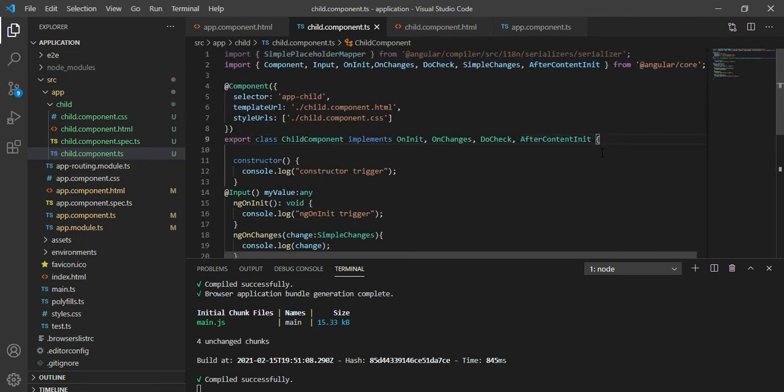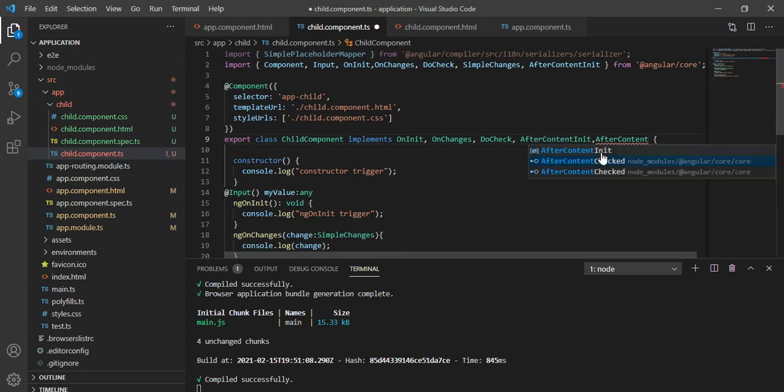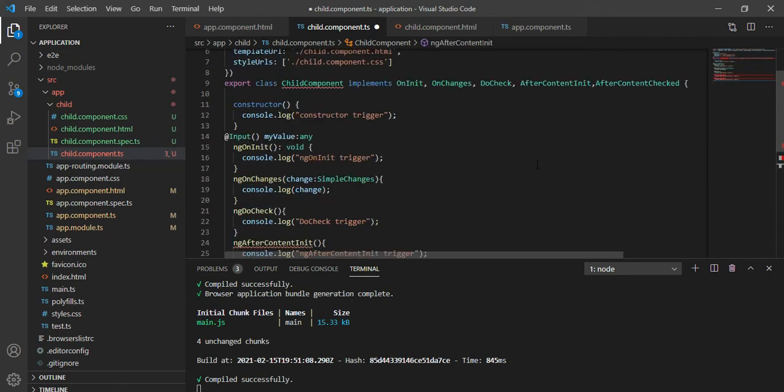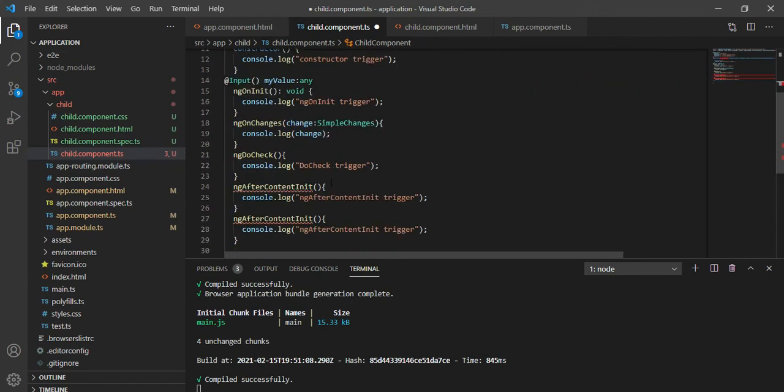Now click here. What was the checked one? Copy the previous, paste, add the ng, copy and paste, right? So let's go to the browser.